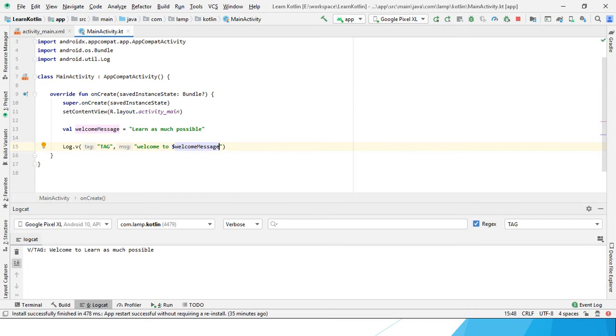In Kotlin we have to define the print like welcome to dollar, and then the parameter we defined for the string. That parameter we have to define. This is how we have to give the values inside the string. Actually in Java we do it a similar way. The difference between here and Java is that there we use plus to concatenate the string with the parameter. Here we use the dollar symbol inside the double quotes to print the value. Now I run it and show the output.